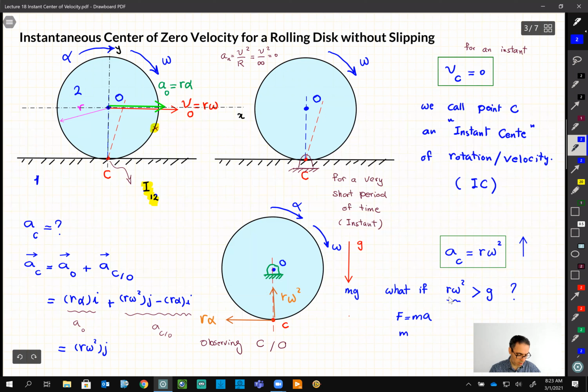So m r omega squared, F equals m multiplied by a, is bigger than the weight. And then a separation, right? Separation of the disk from the ground, which is not the focus of the topic for today, but just something to keep in mind. Okay, with that introduction, then let's